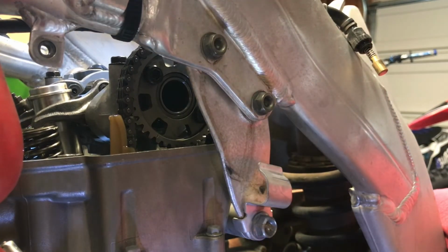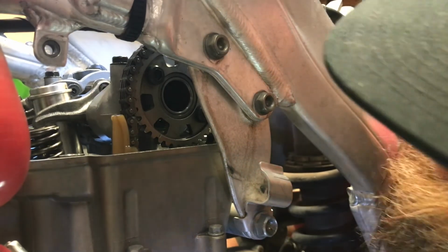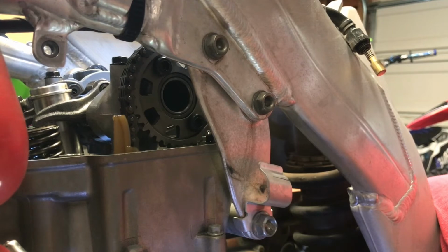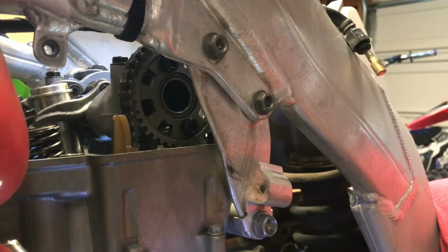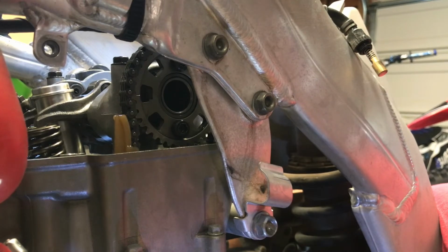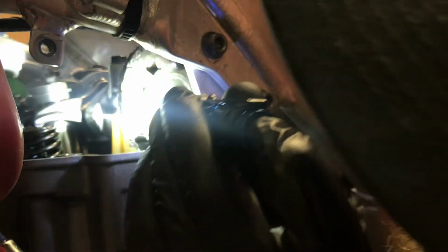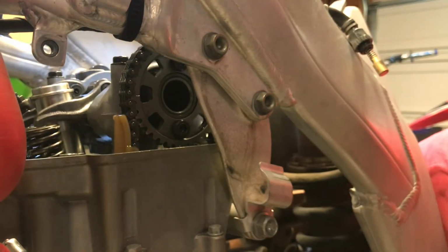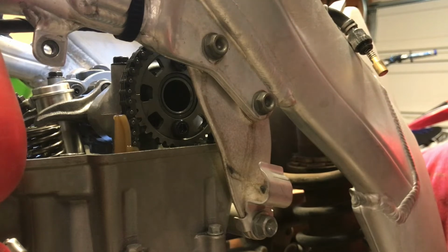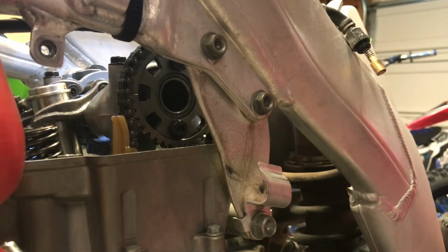Ooh. Wrong way. See if I can find the mark. All right, there we are. It rolled past a little bit. Dead nuts and dead nuts. We're golden. Oh yeah. So now that we've got that and we still are timed correctly, we're going to release